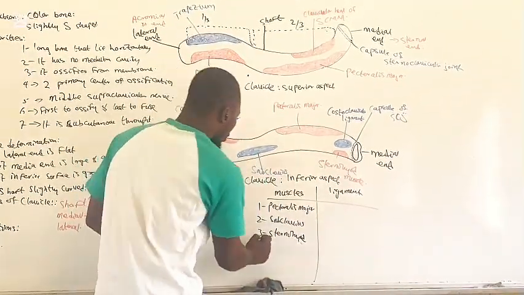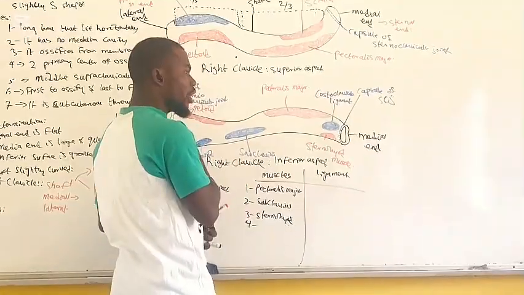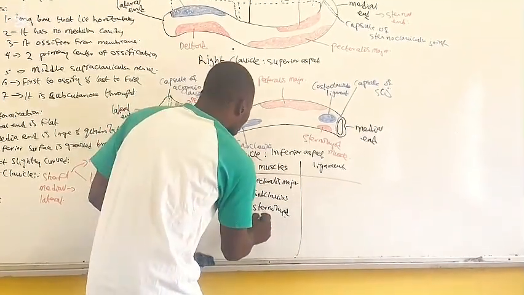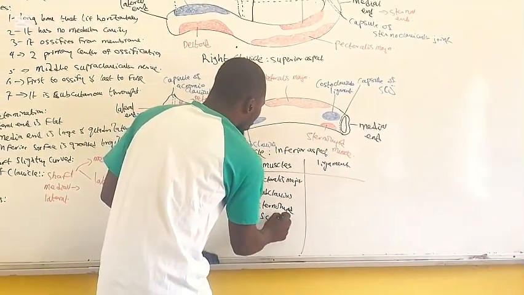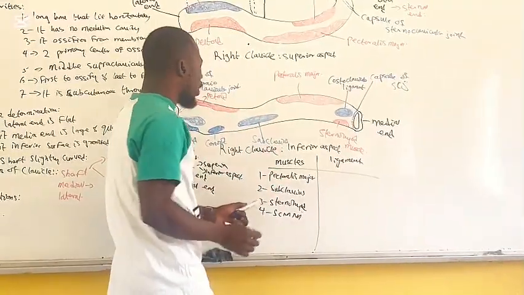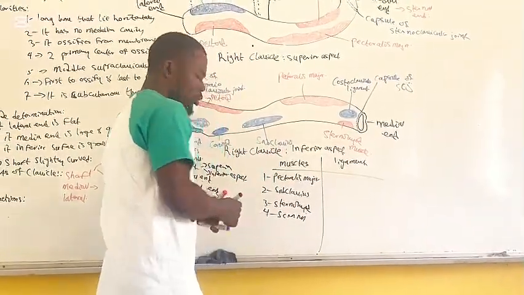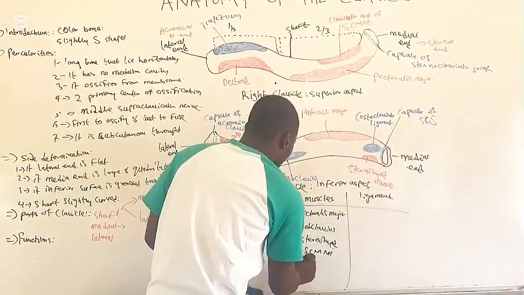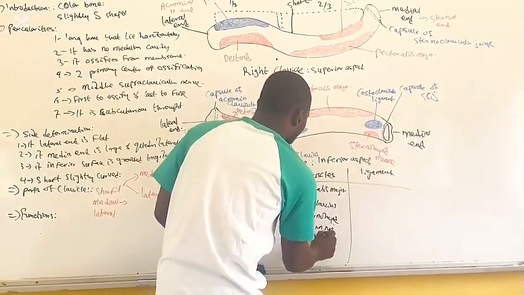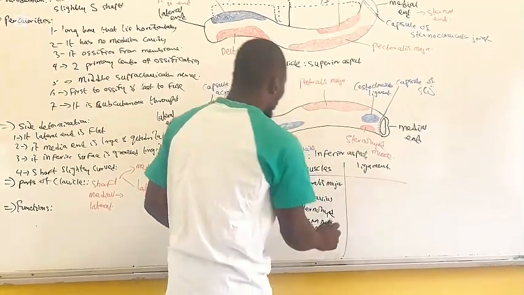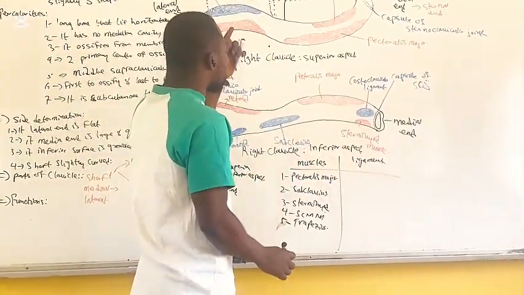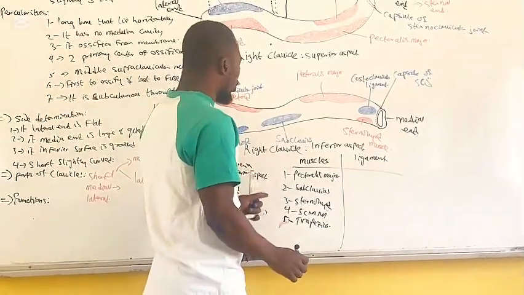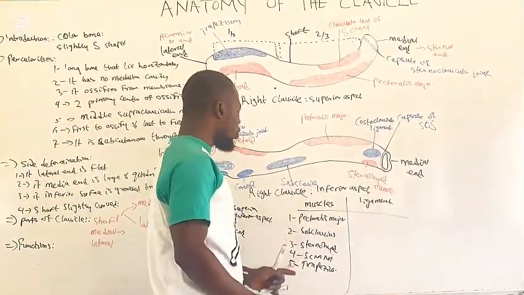Sternohyoid muscle, 4. Clavicular end of sternocleidomastoid muscle, and lastly the trapezius muscle. So these are the 5 muscles that are attached to the clavicle: the pectoralis major, the subclavius, sternohyoid muscle,